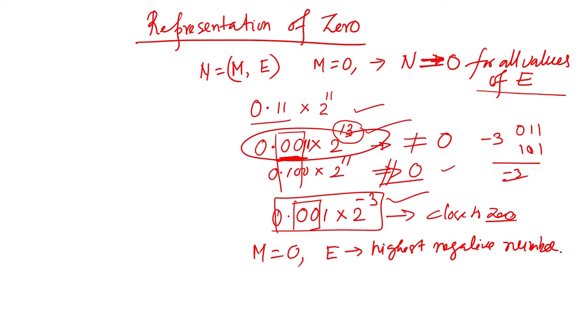Now, if we have 3 bits and represent them in binary, how many combinations will we get from the 3 bits? We will get 2 to the power 3, so 8 combinations. Using the 8 combinations we can represent the number equal to 2 to the power 3 minus 1, minus 1.